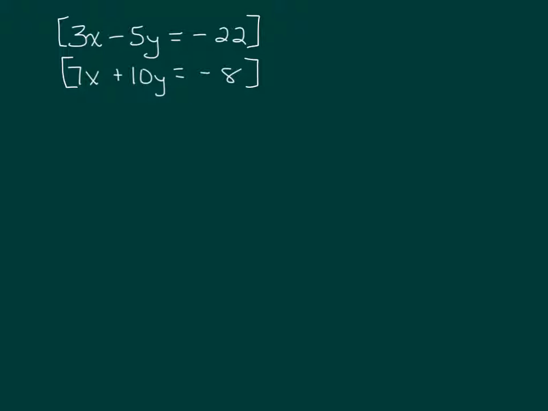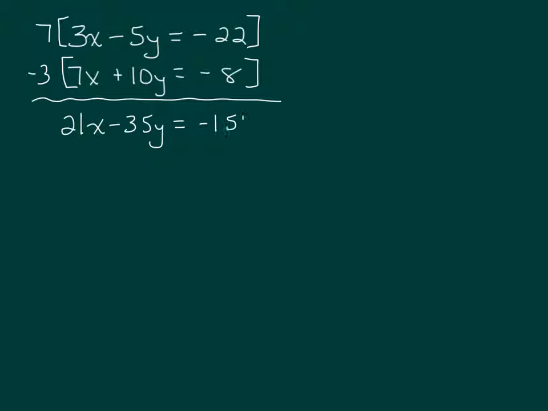To do that, we take the bottom coefficient on x, so the 7, and multiply that by the top. And then we take the top number, change its sign, and multiply that by the bottom. So that's important, and you'll see why in a second. So we get 21x minus 35y equals negative 154. And negative 21x minus 30y